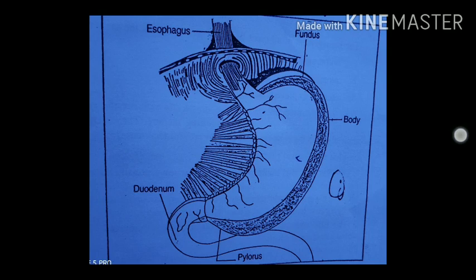These are the three main parts of the stomach, and the cells lining the stomach secrete three important substances, which are mucus, HCl and pepsin. This is the mucous membrane layer, and HCl and pepsin are present inside the stomach. This mucus protects the gastric cells from the HCl, and it provides the acidic medium, as well as promotes the breakdown by pepsin.